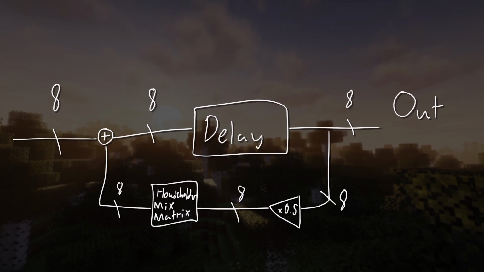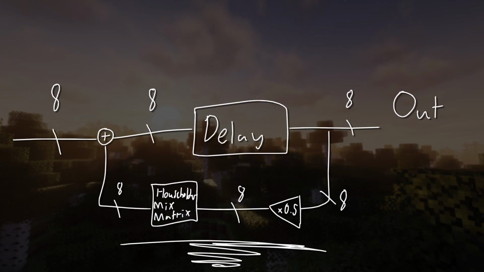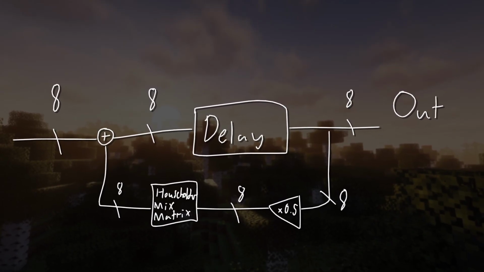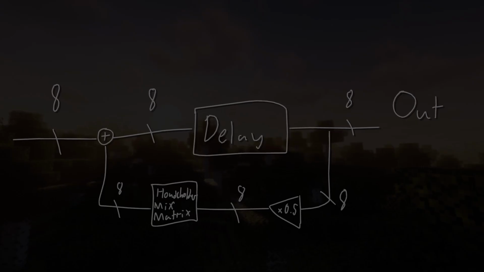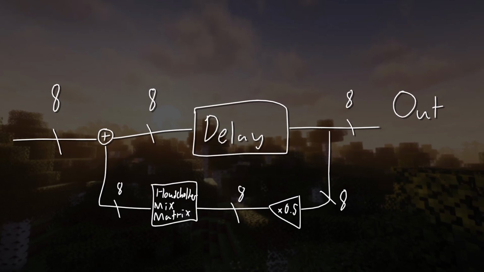A network that, while sending audio to the output, delays each channel again by different delay times, these times being way longer, being even full seconds long, and are once again mixed before being sent back to the input at a lower amount of energy, creating repetitions in our output and creating repetitions for our repetitions that slowly fade away. We also mix back down to the original number of channels in the input for the output as well. I forgot to say that. And with all of this together, we get a sound like